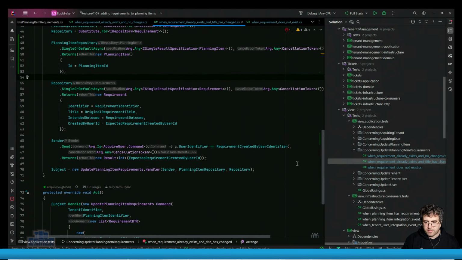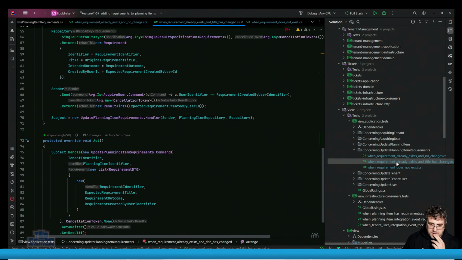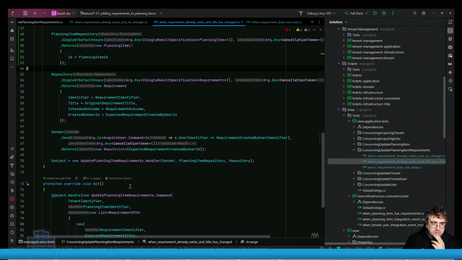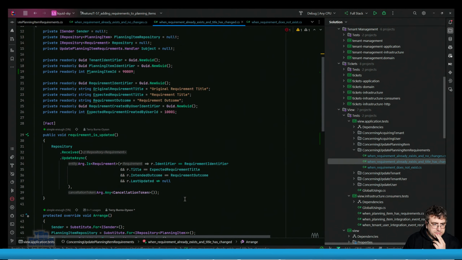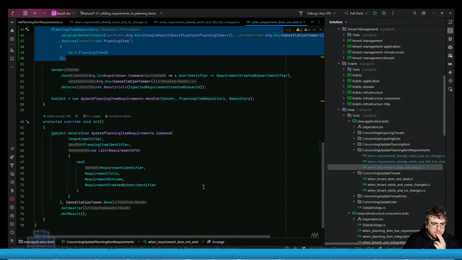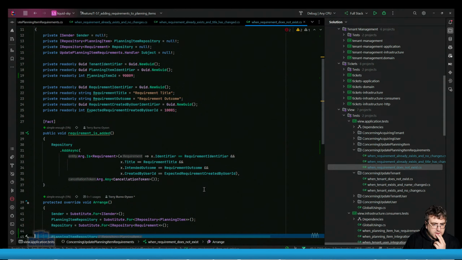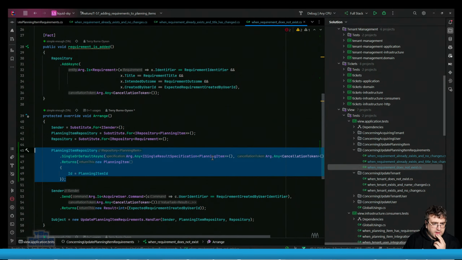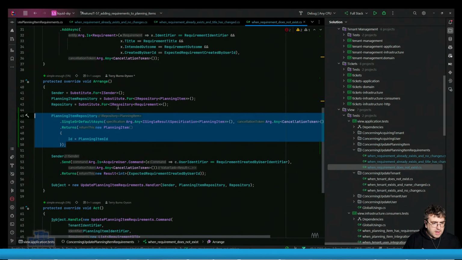So I need to do the same for the outcome and validate that changes. But this is missing something. Actually, the add is the one that's missing something, because the add, how does that get in there? Because the actual handler,